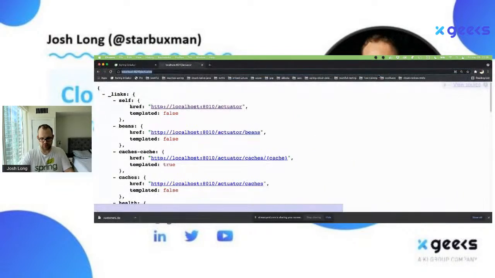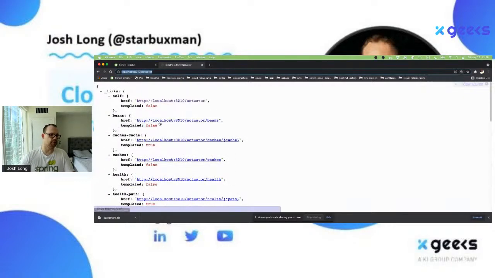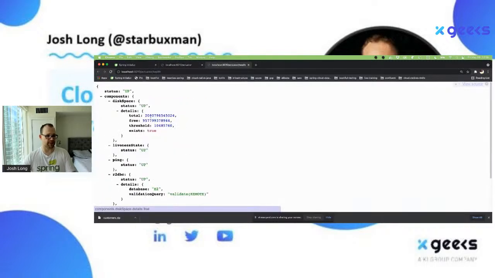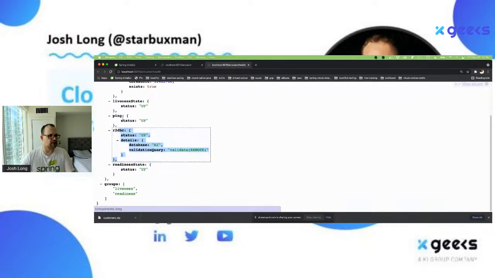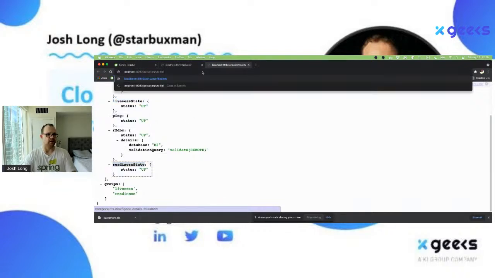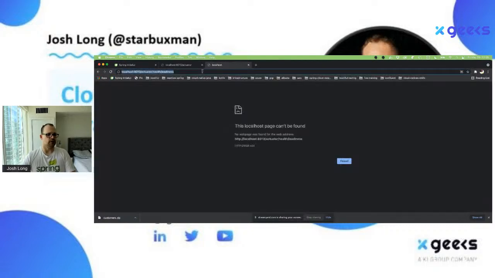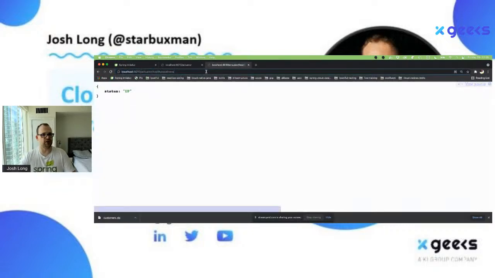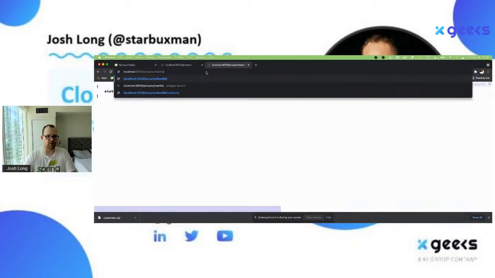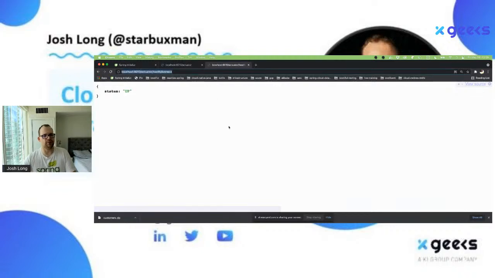There's the actuator, and the actuator gives us a set of HTTP endpoints, like for example, what beans we have and how they're related to each other, the health of the different components in the application, including the database, the connection factory for the database, the file system, and things like that. You also have two very convenient things: liveness and readiness. These are probes for Kubernetes. You put these in your pod. You configure readiness in your pod, and you tell your pod to check the readiness probe to determine if the service is ready to be put into production, and you check the liveness probe to determine if the service is still healthy and able to continue to serve in production.